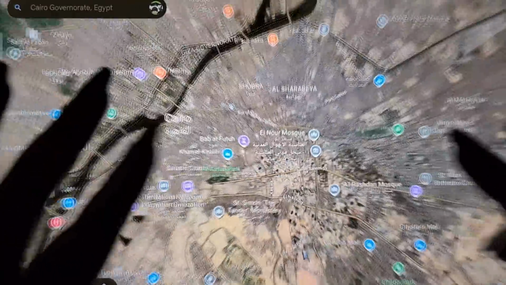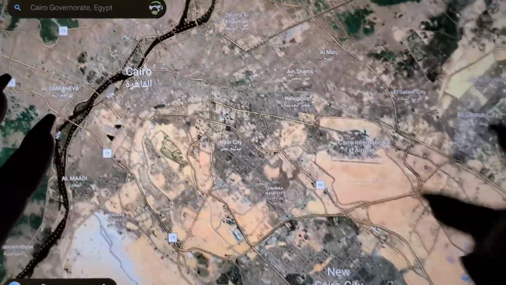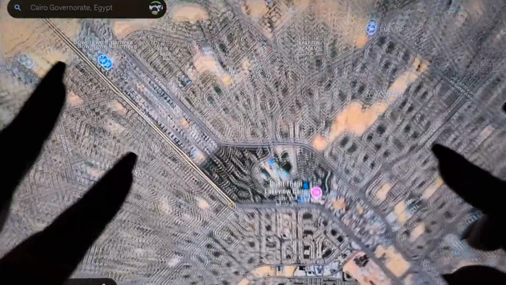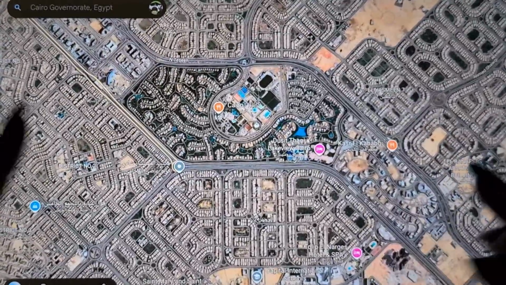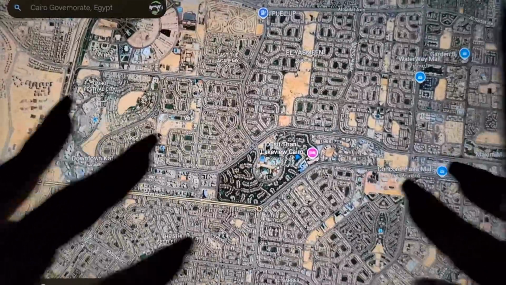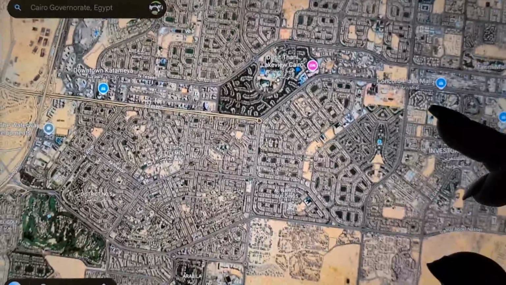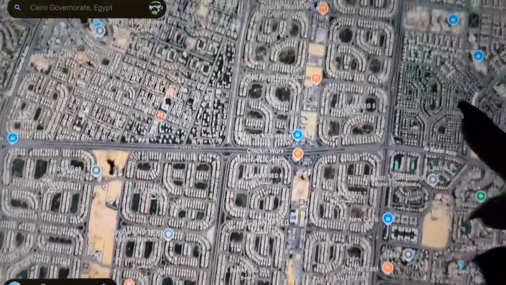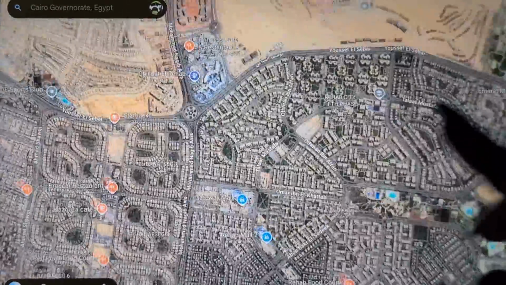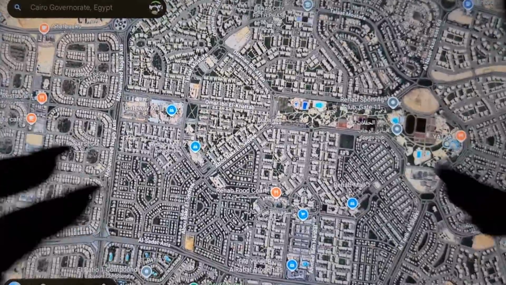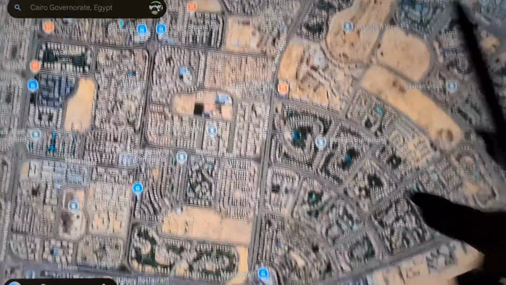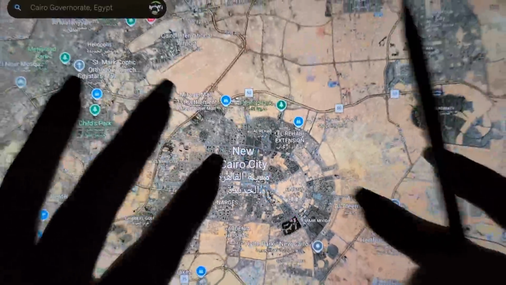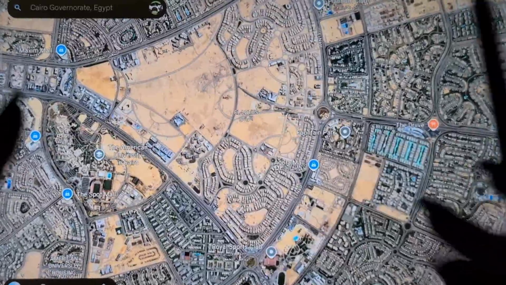But let's check out some of the satellite cities in the governorate. See, here's New Cairo. And look how pretty it is from above. All these new buildings. It looks like a cloth design. It looks woven into the ground, doesn't it? It's really neat. I don't know if they intended it to look like that from above. But I love all the little designs and patterns there. It's really neat. Over here, you can see it's still being built, right? They're still working on it.